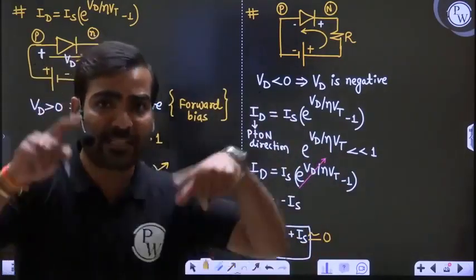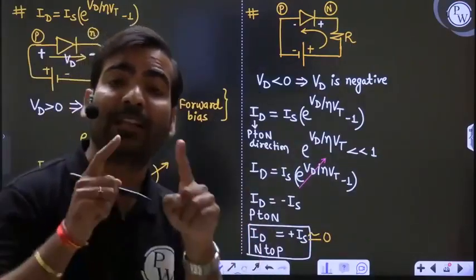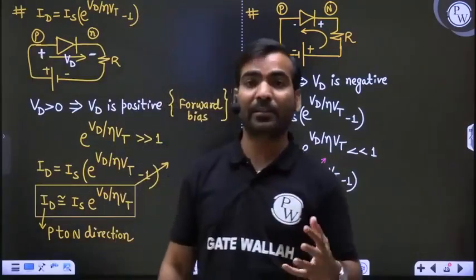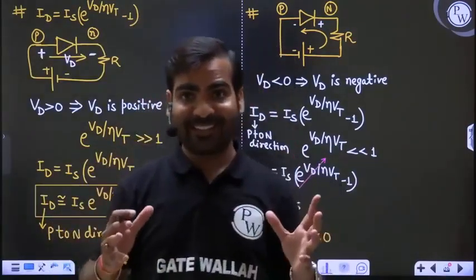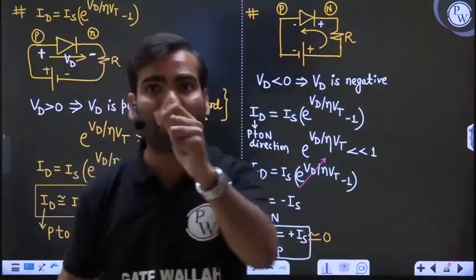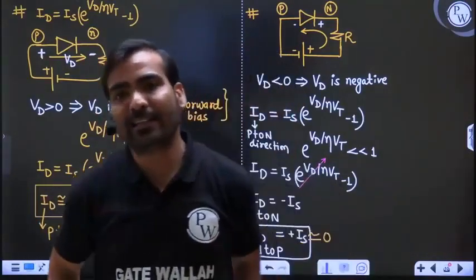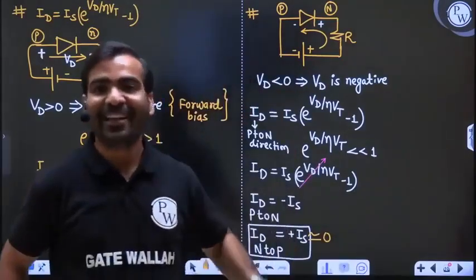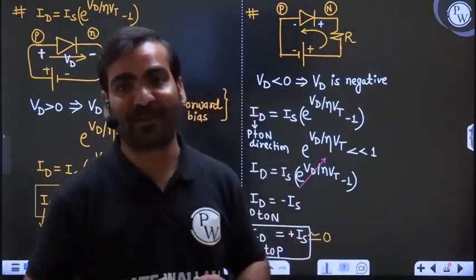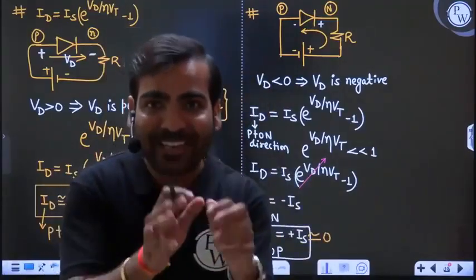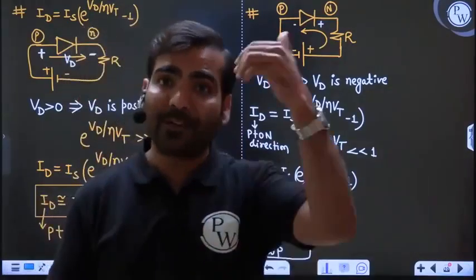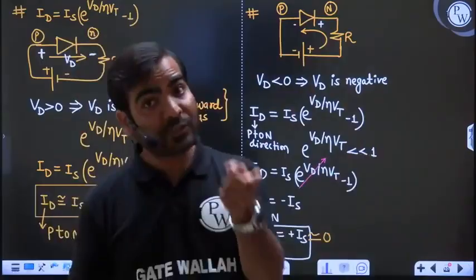I am not saying Is is 0. I am saying Is is very negligible. What is the meaning of negligible? Negligible means the money of Ambani and the money you are having: you are still having some money in your pocket. Don't say, sir, I am not having any money, please give me. That is not discussed over here, I am not distributing any money. But suppose your father is having some money. That money compared to Ambani's money is negligible, but still you are having money.